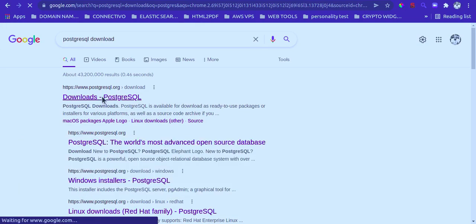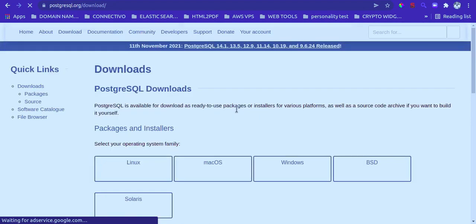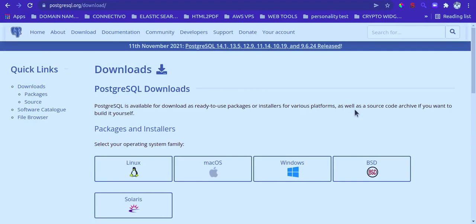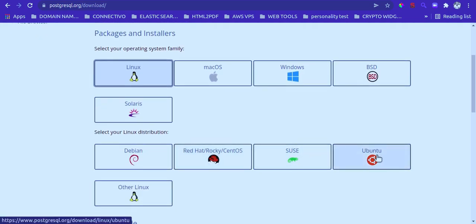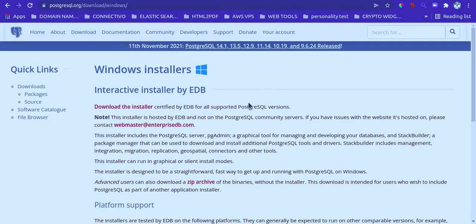Okay, allow it to load, and then for our OS, we are running on Linux, which is an Ubuntu system. So we click on Linux, and then select our own version, which is Ubuntu. Let me show you what happens. If you click on Windows, it takes you to this where you have to download an installer, but we are not using Windows. Okay,